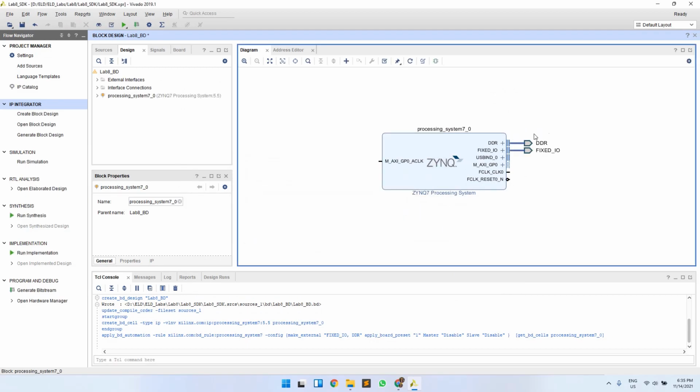So you will see here that you have 2 ports for DDR memory and fixed IO memory here. In this lab, we will be using DDR memory. So later on, whatever C code that you will be writing will be stored in your DDR memory. So we need to access this memory, and this fixed IO, meaning input output, will be used for handling the inputs and outputs of your code. So these 2 ports you do require of your Zynq IP. The rest of these are used when you need to access PL part as well.